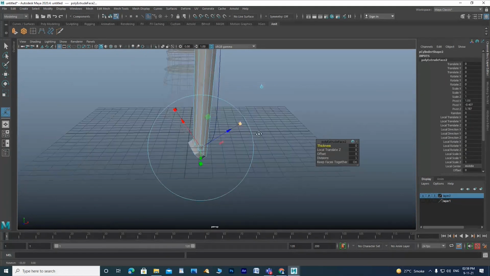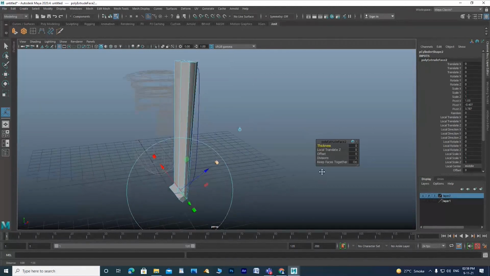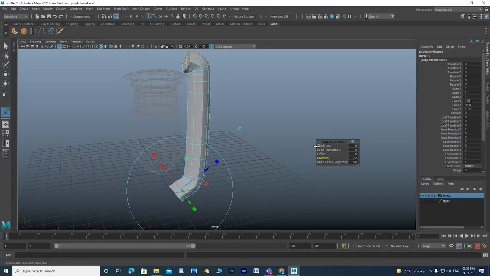Extrude. It's extruded, but if you need division, you have to add divisions. Once you add divisions, it gets the shape.